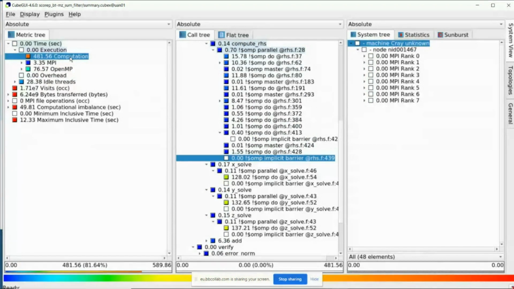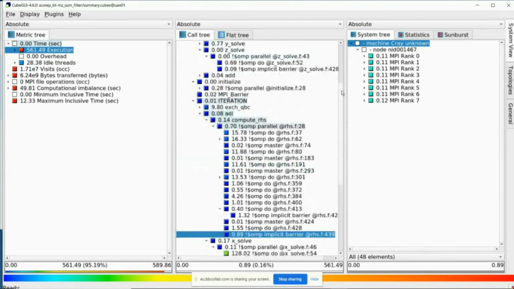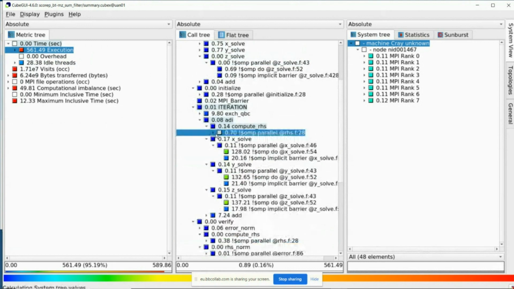So the post-processing done by Square, we're seeing here for the profile. We'll see it later in the week when we look at the trace analysis as well, is taking the basic timing information that's in the profile and splitting it out into the different parts. When we close this tree and are just looking at execution time, we have everything together. But that makes it hard to identify which parts are doing a lot of MPI or which parts are doing a lot of